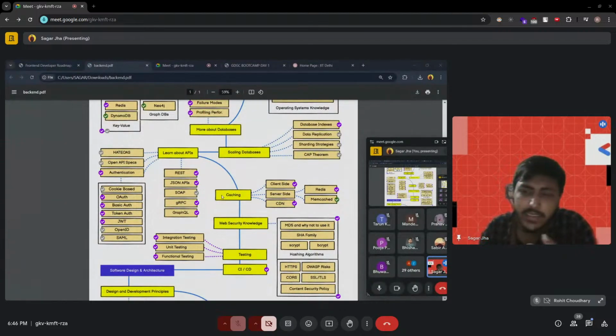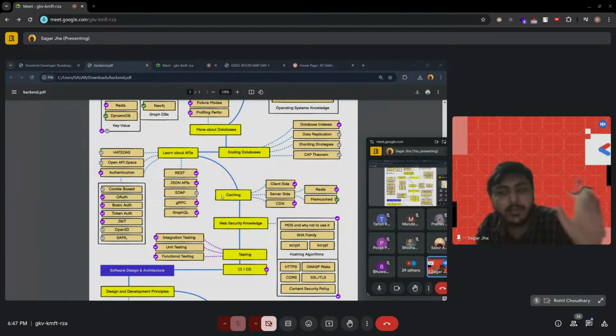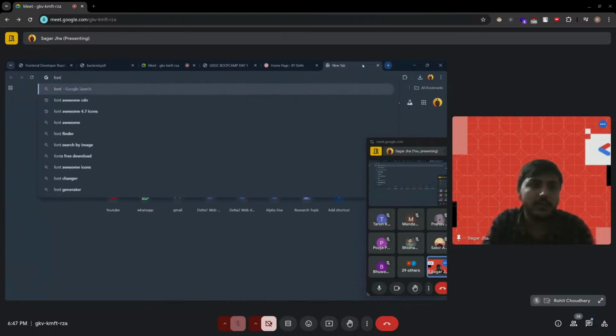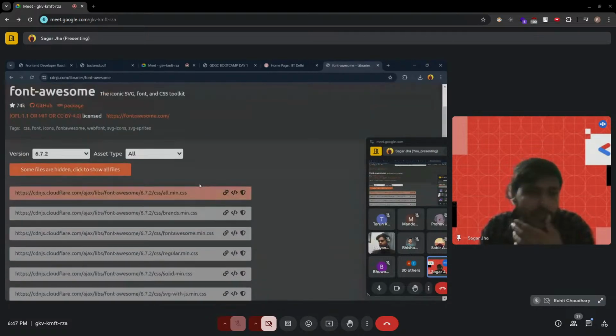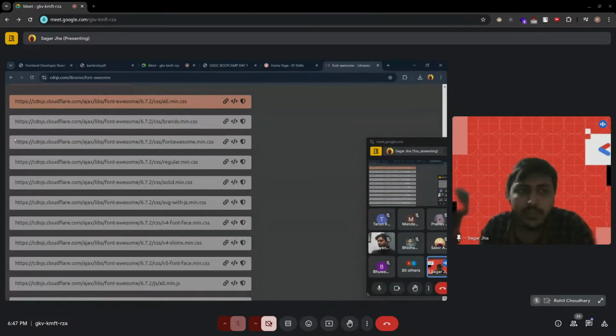जैसे हम किसी की एपीआई यूज कर रहे हैं, वैसे ही हम जैसे फॉन्ट अवेशन की उसकी लिंक उठा के अपने पास कोड में यूज कर रहे हैं। जैसे फॉन्ट अवेशन की सीढ़ियाँ आती है। आपको कैसा कैसा फॉन्ट चाहिए, जैसे आप उस हिसाब से ये चीज़ें ले सकते हो। जैसे फॉन्ट अवेशन का आपने कोड उठाया यहाँ से और फिर इसको यूज़ करोगे अपने कोड में। दिस इज कॉल्ड सीडीएन।